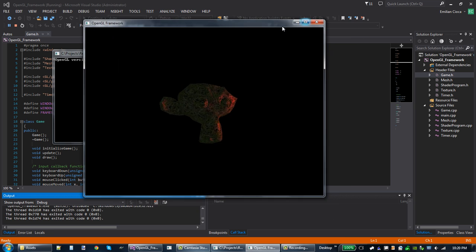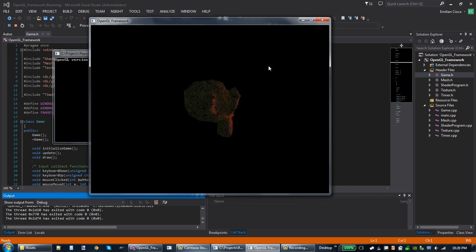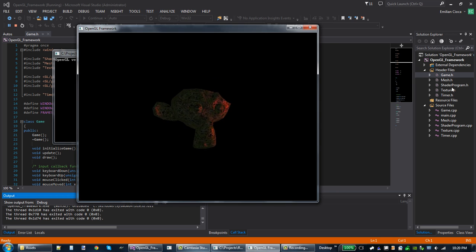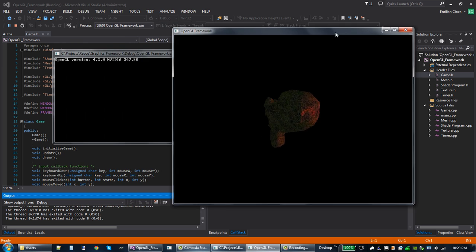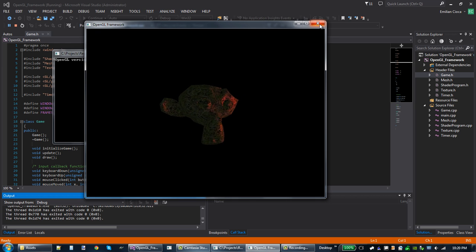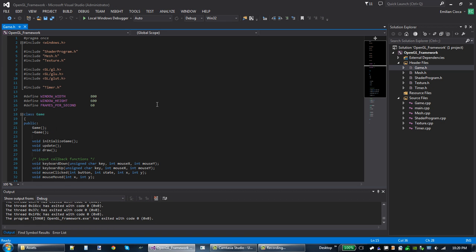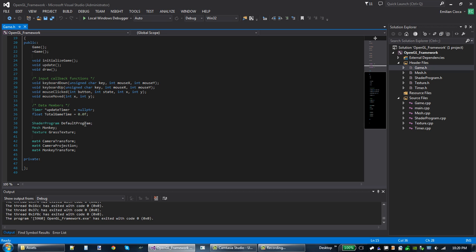You might notice we're working with a really old version of the framework, and the reason is we really don't need any of the fancy stuff. In fact, I've put my repo back to a point where we didn't even have frame buffers yet. But that's okay. In fact, the code is going to be extremely quick. So the first thing we want to do is go into our game.h,